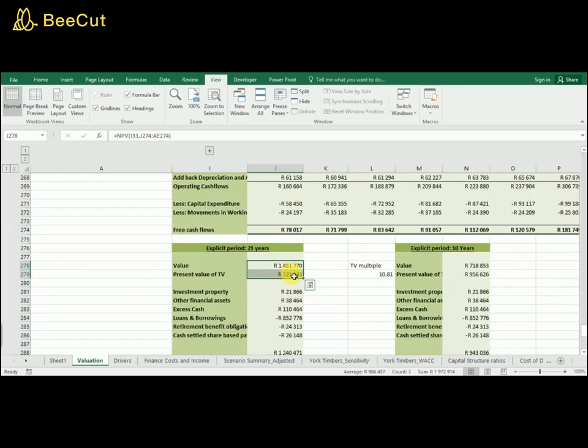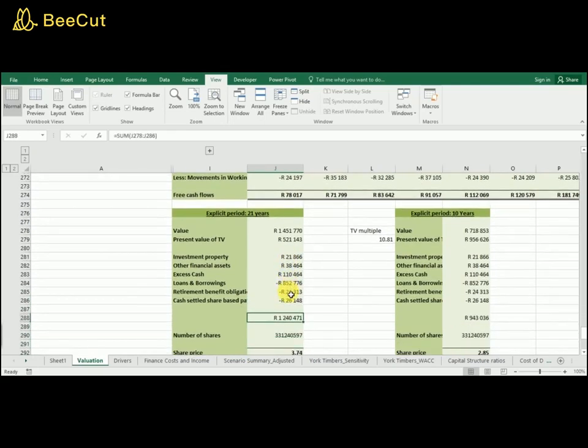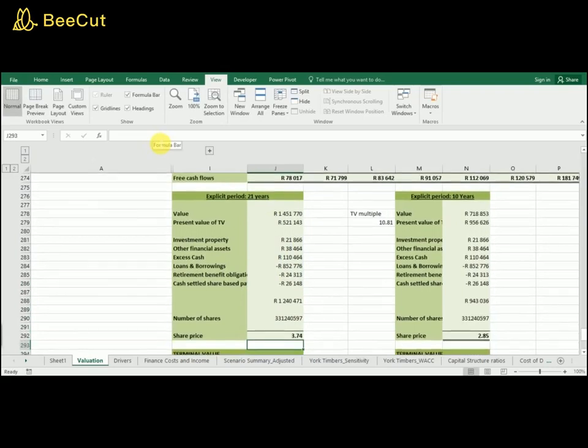Onto my value of operations, I've got to add all my dissimilar assets. Sorry for the pause there. My dissimilar assets, and you'll see I've got my investment property, my other financial assets, and excess cash, and then I have to deduct my sources of finance to get me to my value of equity. Now, when I'm looking at my loans and borrowings, I'm taking the fair value of those obligations. I've got my retirement benefit obligation and my cash-settled share-based payments obligation. Adding all those figures together leads me to my value of equity, divided by the number of shares in issue, and I get a share price of